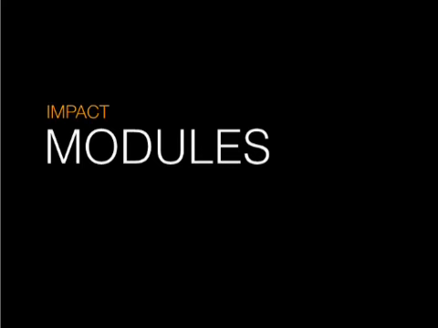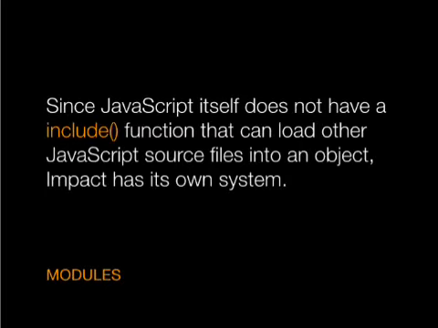So when we look at modules in Impact, this basically implements the kind of include function you'd see in other languages. And this really is powerful because it allows you, one, to only bring in the classes you need for your game, so that when you compile or when you run the script to bake them, you only get the bare minimum you need. And then also you can create a hierarchy to the order of how things are supposed to be loaded in. So if one script needs to modify the main game engine, you can load that before anything else, and then you can start executing your code.